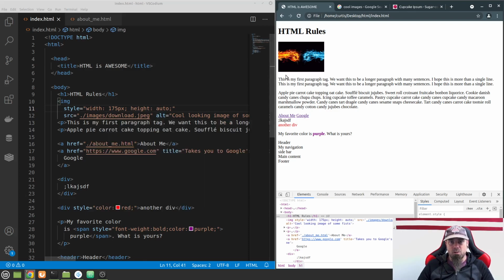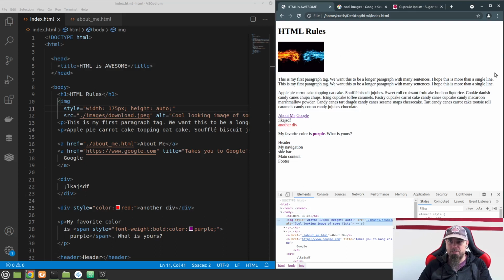The other thing that I want to show you is that these are actually inline elements by default, but because this is surrounded by two block level elements, it does appear that this takes up 100% of the screen. But if I, in my inspector, just hover over that, you can see that it does not, that the size of that is actually 175 by 116.45 pixels. And so,